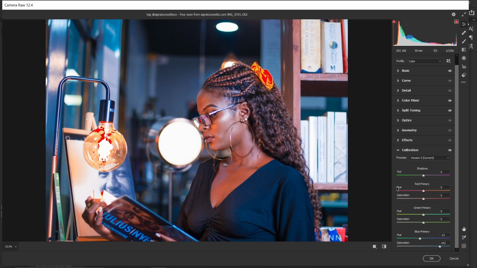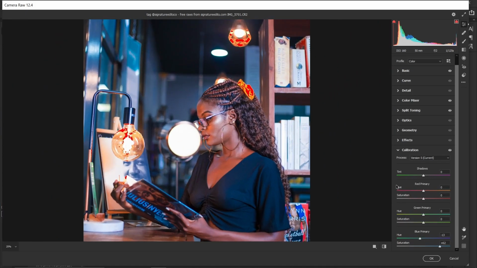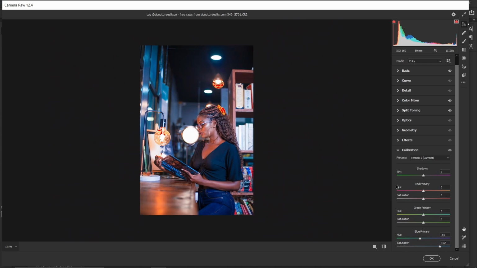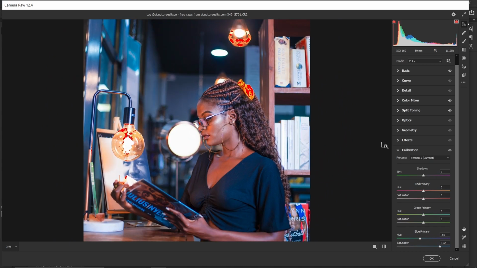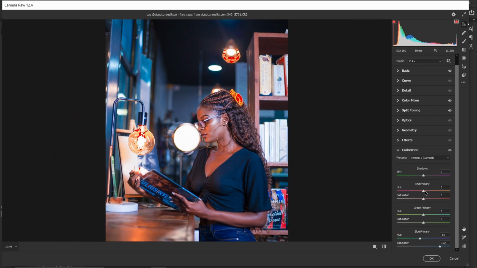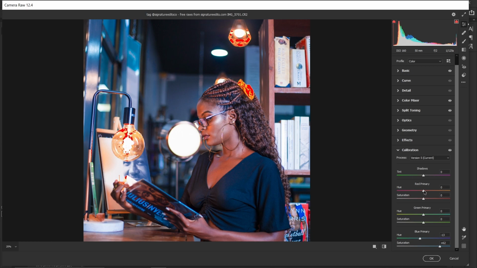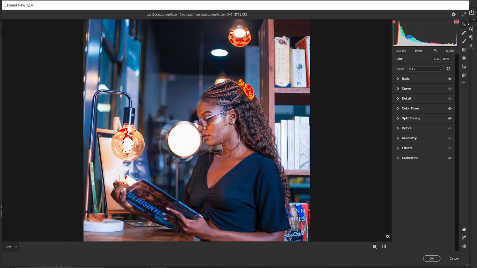Right now we don't need this green primary, and if at all the photo is not looking good or the colors are not looking good at all, or there is too much reddish, you can come here and increase this red primary to around +4 and go to saturation and decrease it around -2. As you can see now,